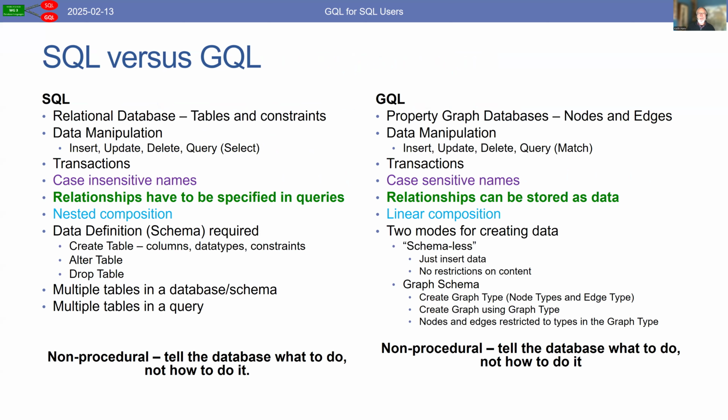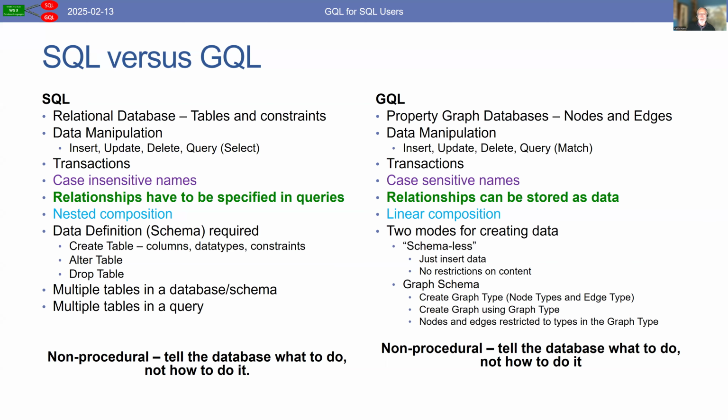So, a side-by-side comparison, and we'll come back to some of the details later. The most important thing on this slide is that in SQL, you have to know what the relationships are between data when you write the query. So you have to specify the relationship in the query. In GQL, relationships are stored, or they can be stored, as data. And if they're stored as data, then you can query the relationship to find out